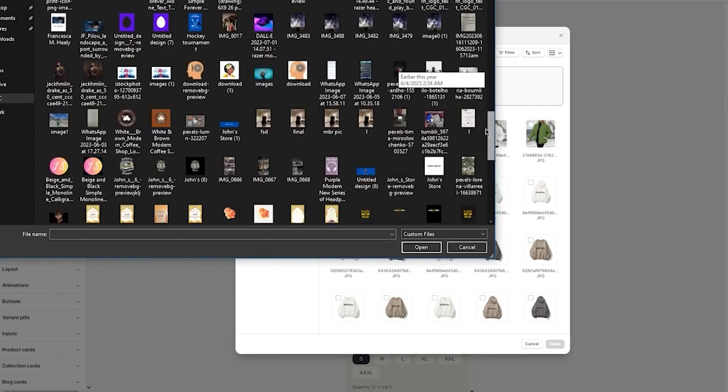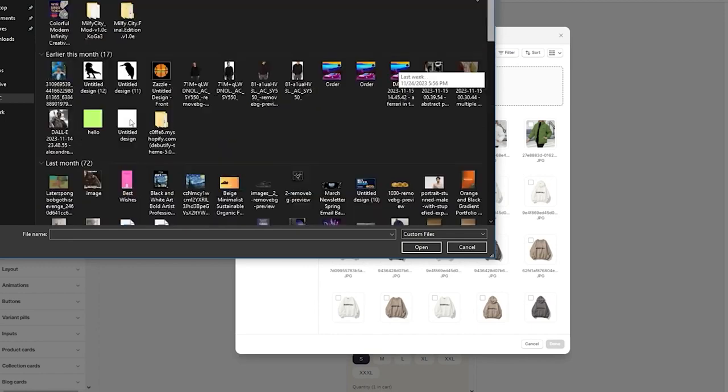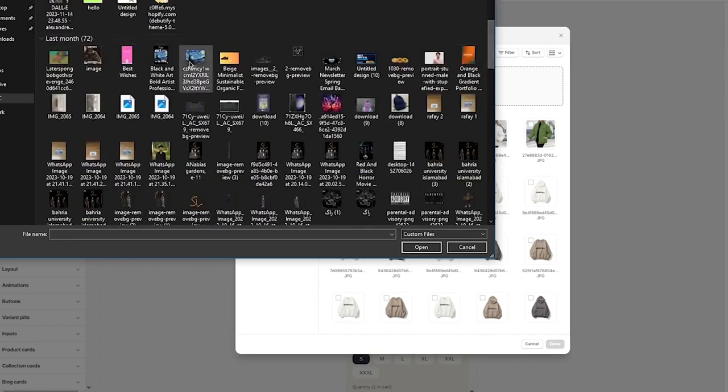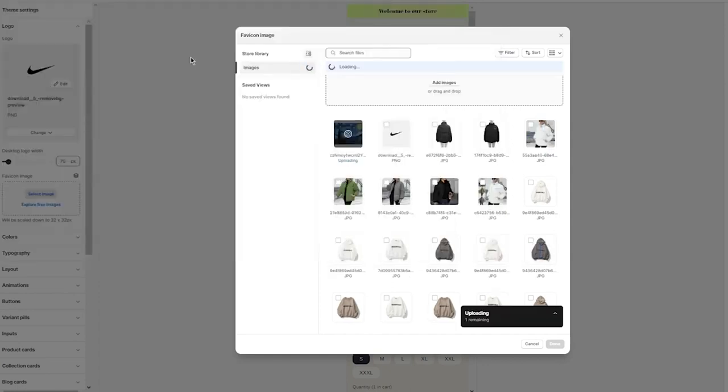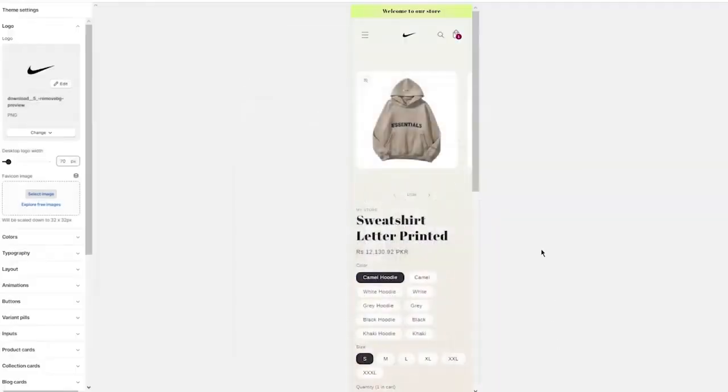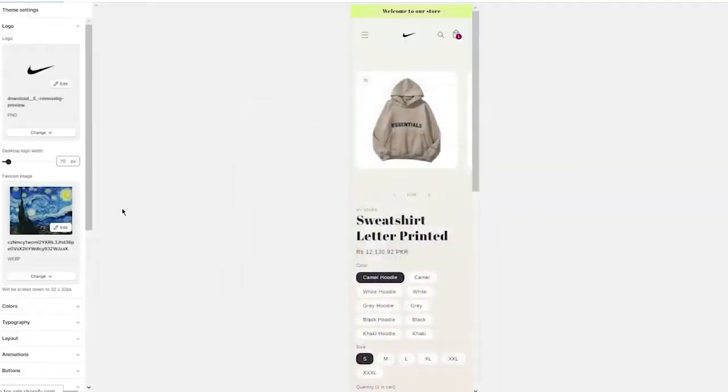I'm going to go ahead and find different PNGs. So let's say I have this PNG over here that I want to add. I'm just going to add this PNG as my favicon. I'm going to wait for it to load up, and once it loads up, I'm going to click on done. Once you click on done, it starts loading up, and now it has become your favicon officially. Now you can't really configure it out to see if it has become your favicon, but if I click on save right now,